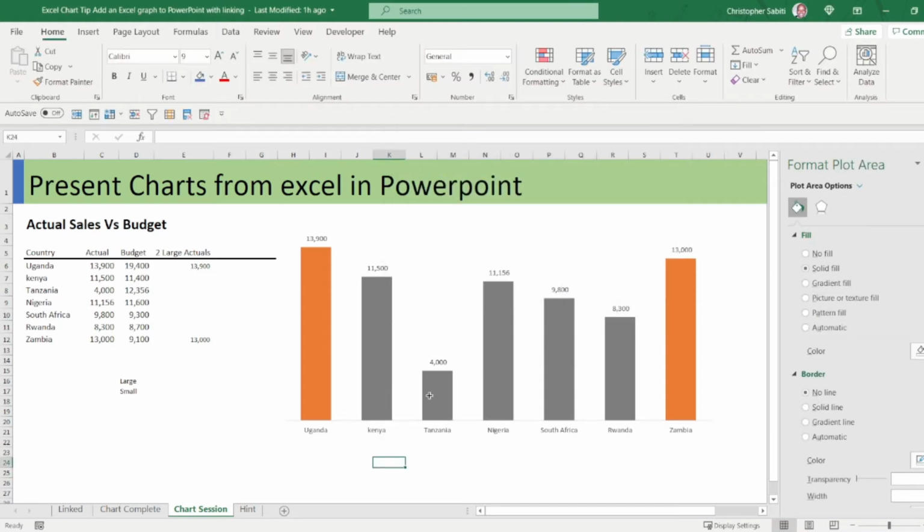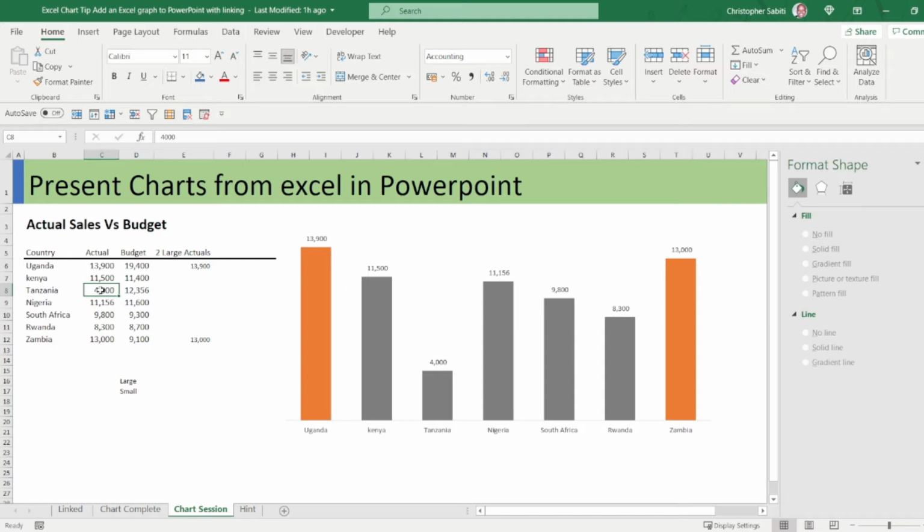Now every change I do, let's say I make Tanzania to have 13,400, automatically Zambia will lose the position for the best two and Tanzania will take over. So you see that it becomes dynamic because of the formula we have put. Mark the formula: we test whether the actual is greater than or in range with the second largest. If you want the three largest, it will give you that. If you want only one, it will give you the one. It is all about what you put on the constant bit.